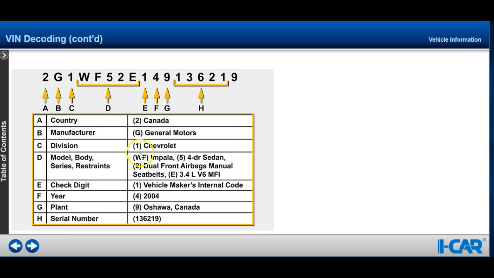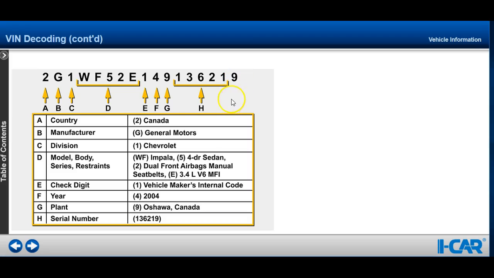Here's a breakdown of a General Motors VIN number. We do have a blank on this page. Vehicle information that can be obtained by decoding the first 11 characters on the VIN include country the vehicle was made, vehicle maker, the type, the model, body, engine, series, restraint systems, model year, and assembly plant. So all these things can be found by using this VIN number. Typically that first 11 give you this information, and then the last so many digits are kind of the serial